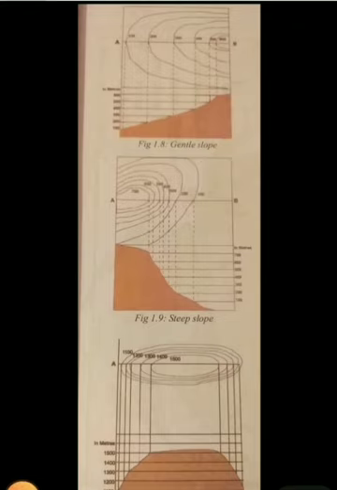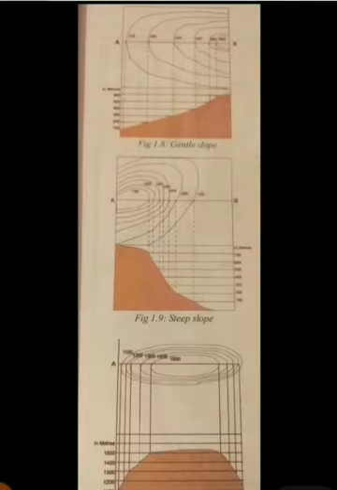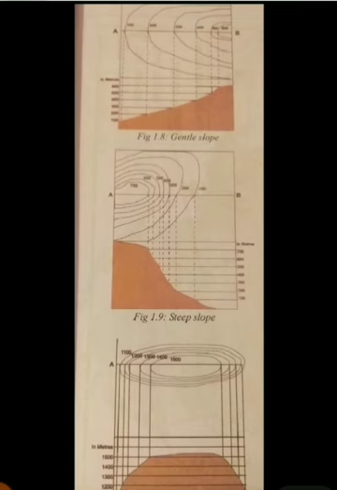Contour lines give an indication of the slope of the land as well as the elevation above sea level. Whenever the contour lines are far apart, it represents a gentle slope. Closer lines represent steep slopes, and uniformly spaced lines represent uniform slope. So according to the slope they are calculated, as well as above sea level, because wherever the sea is, the height of the sea will be level on all sides.